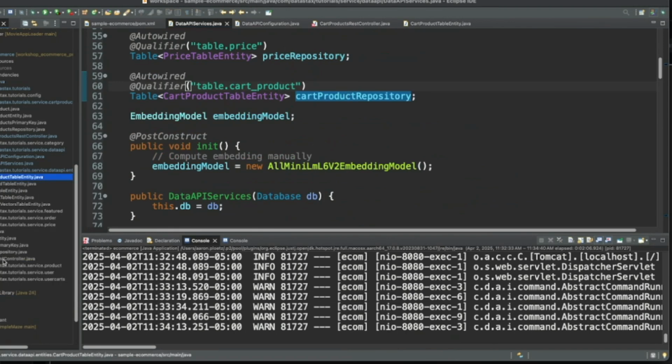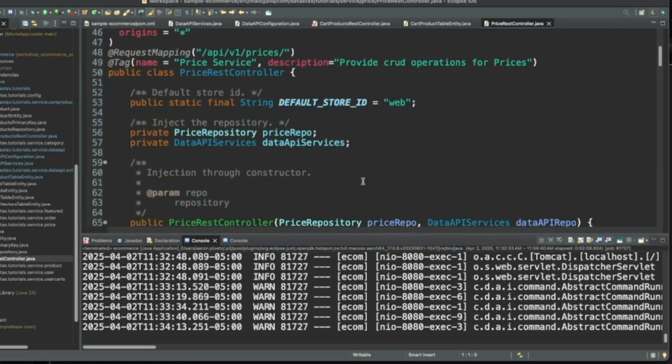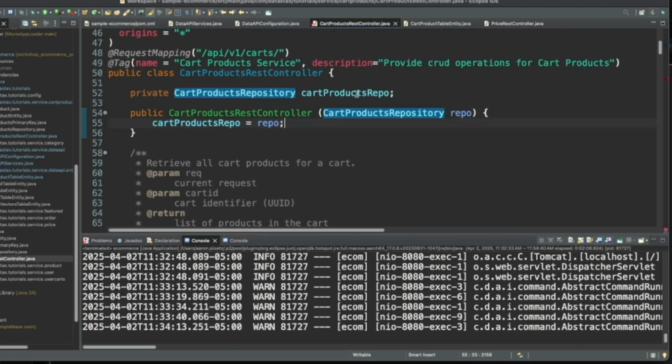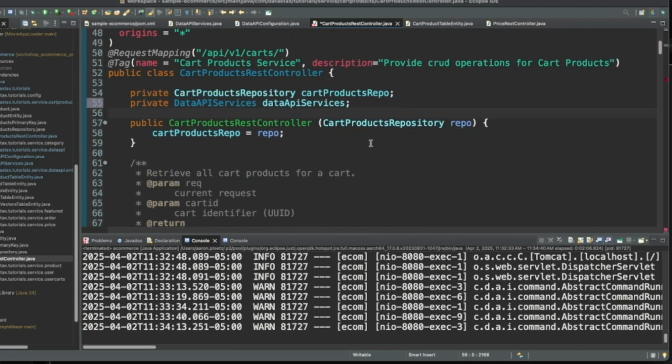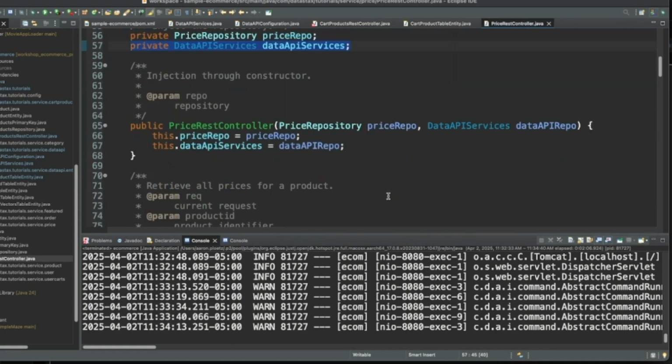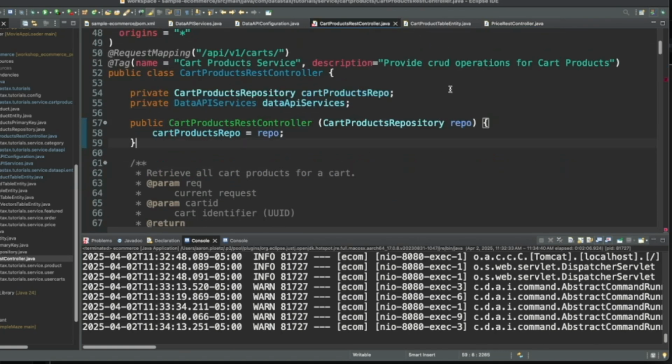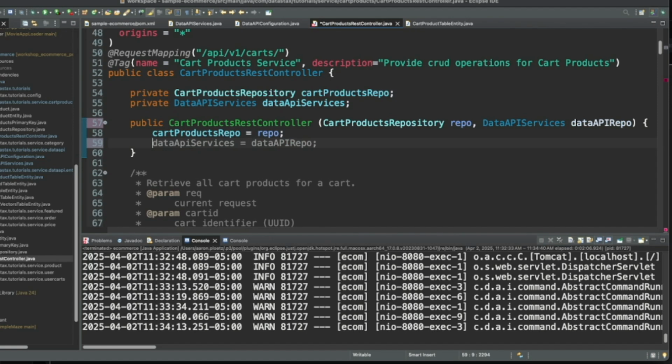Okay, so if I look at the price REST controller and I scroll down, you can see that, yep, here we go. We defined that data API services object. So let's go ahead and do that. All right. And then we injected it via the constructor. So right here, we're just going to copy that and add it right on the end here. All right, price REST controller can go away. And then let's say data API services equals data API repo.